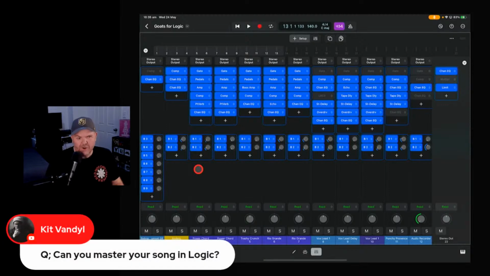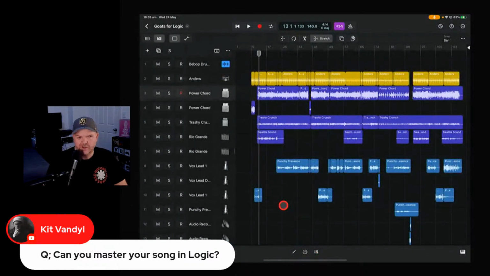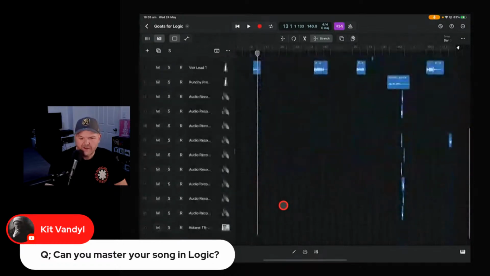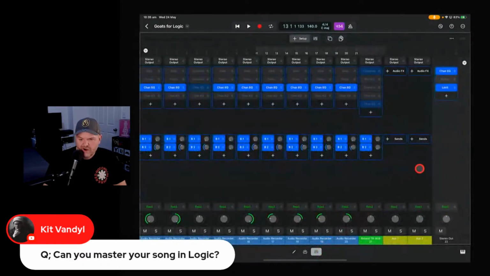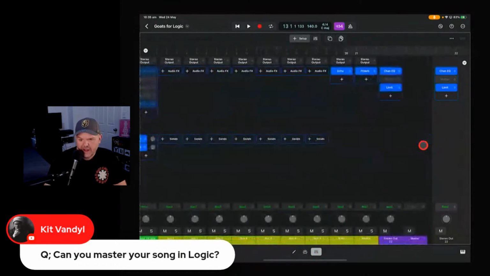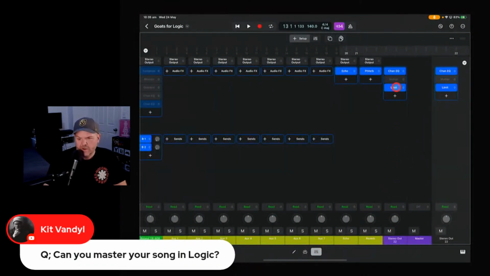Can you master your song in Logic? You sure can. So there's a couple of ways. Like I've shown previously in GarageBand, and if you want to learn about that, just search Pete Johns GarageBand mastering. But as I've shown in GarageBand in the past, you can master your tracks directly in the project. The good thing about Logic is that it actually has its own master track. So you have your own stereo output at the end of the track here. As I was showing before, you've got a limiter there. You can add the limiter onto your stereo track, or EQ or compression or whatever you want to use as your mastering plugins, and master your project directly in here.